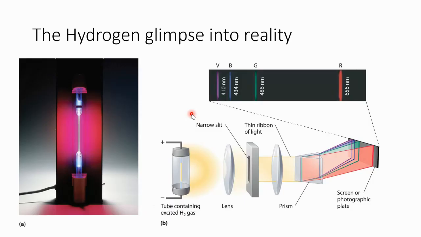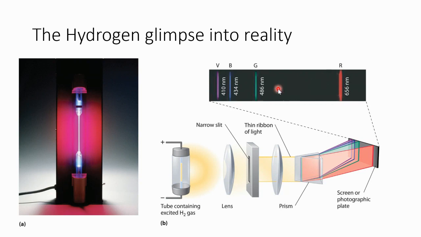But anyway, what Niels Bohr figured out, which was really interesting, is that if you put hydrogen gas into a tube and then run electricity through that tube, he wanted to know, well, if normal light will break into all the colors, what is this kind of light going to break up into? So he did that experiment and he focused the light in through a prism. Up here's the prism. And instead of getting an entire rainbow, what he got was just a few lines that